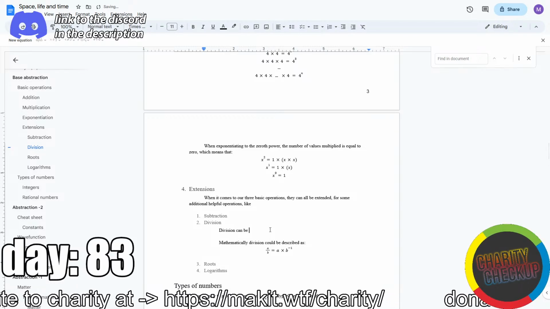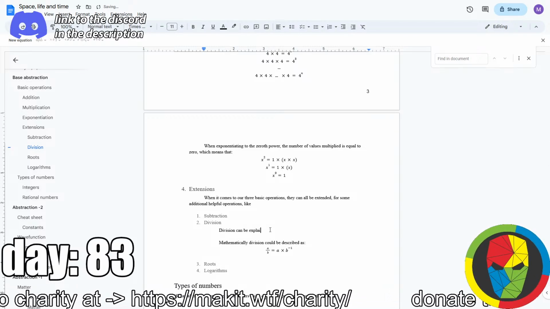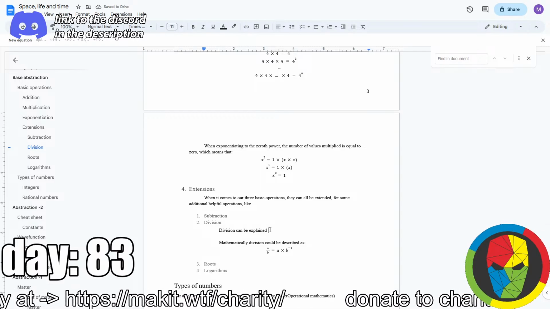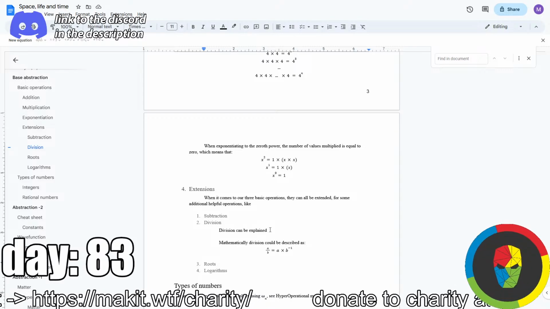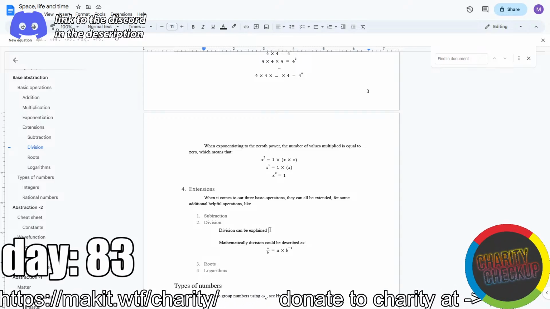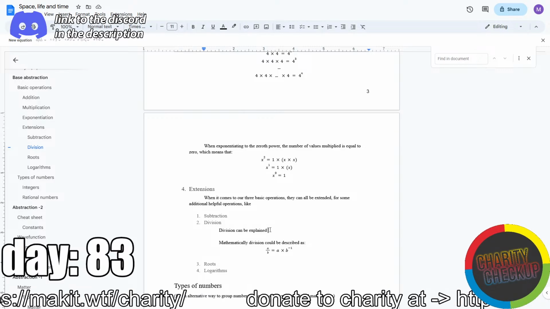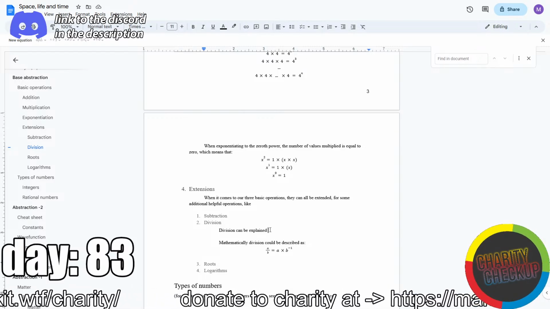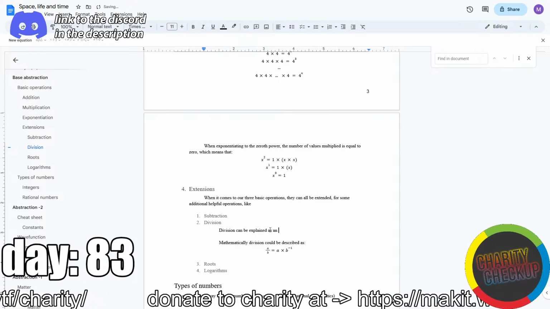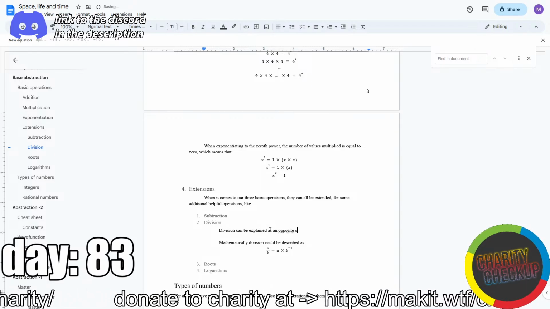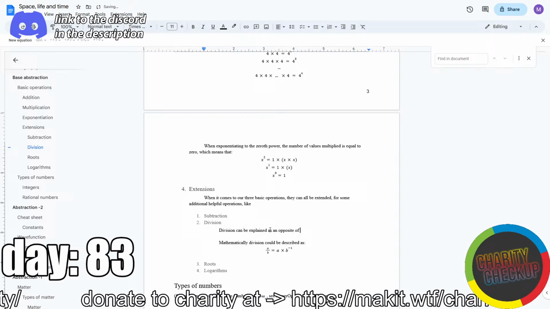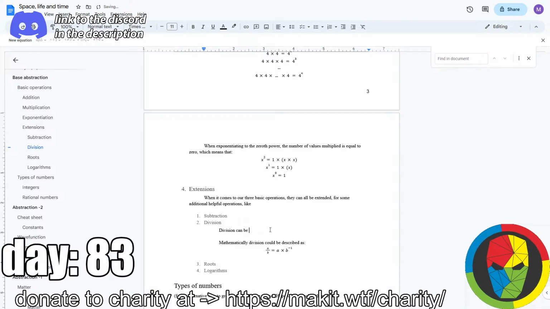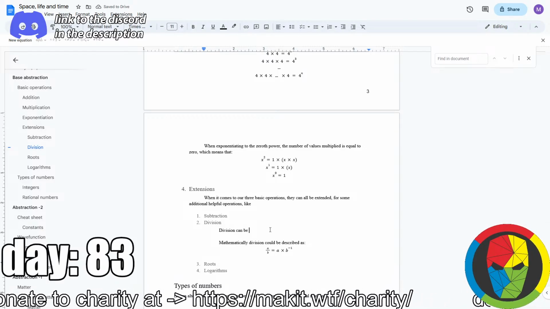Division can be explained, it's not really graphically. Set of fudge. Not really graphically. How should I start this then? Well,